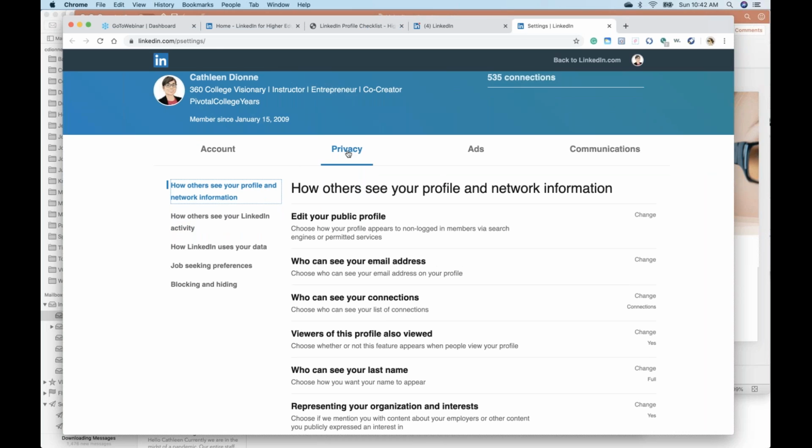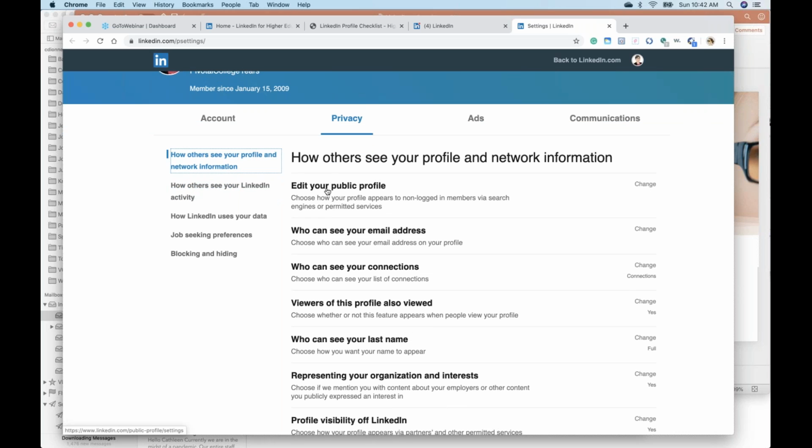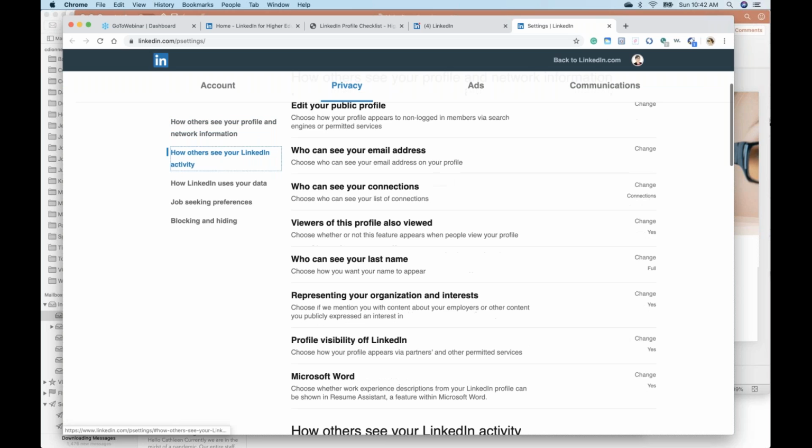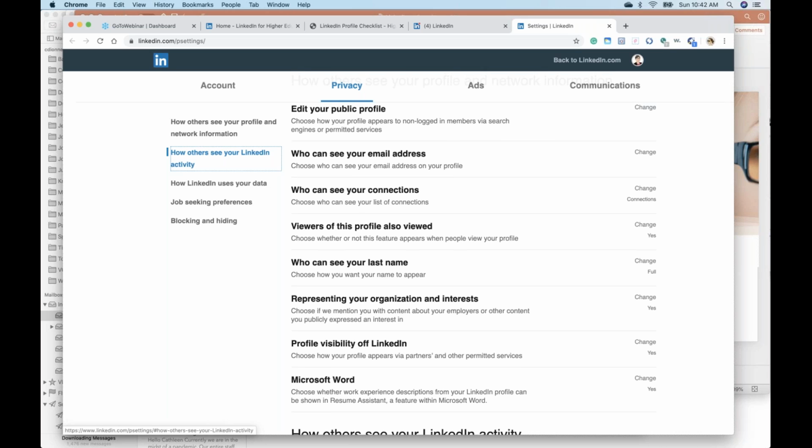So all of these categories: privacy, ads, communication. Right? So right now, edit your public profile, choose how your profile appears to non-logged in members, and change who can see your email address, right? So the email address that you have attached, I'm a business person. I want other business people to be able to reach out to me.